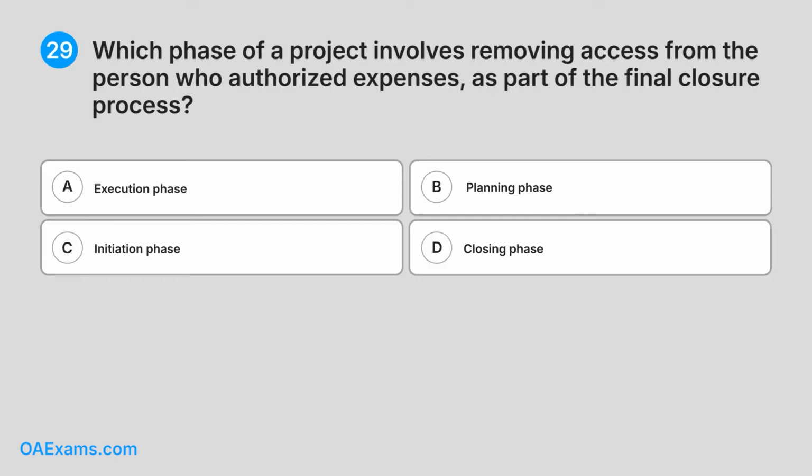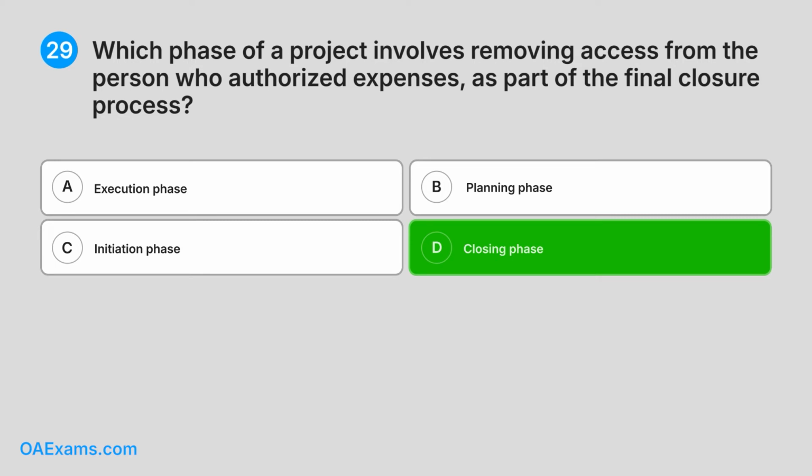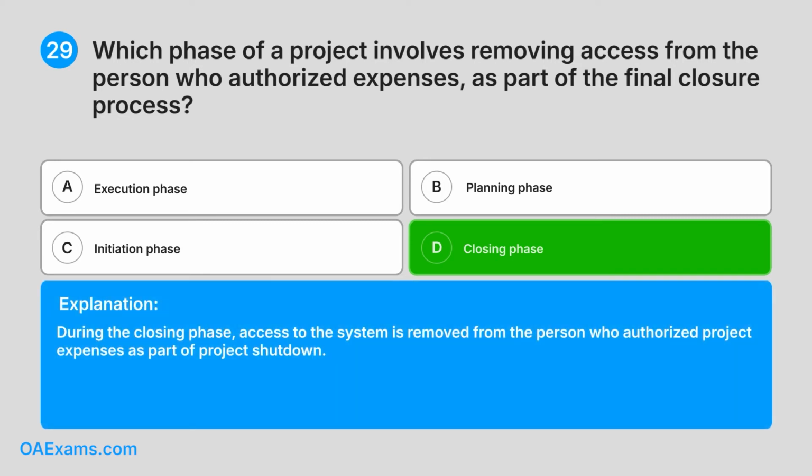29. Which phase of a project involves removing access from the person who authorized expenses as part of the final closure process? A. Execution phase. B. Planning phase. C. Initiation phase. D. Closing phase. Do you know the answer? Correct answer. D. Closing phase. Explanation. During the closing phase, access to the system is removed from the person who authorized project expenses as part